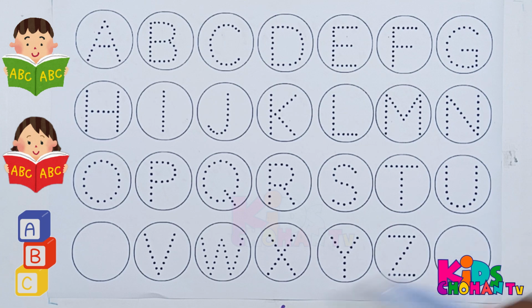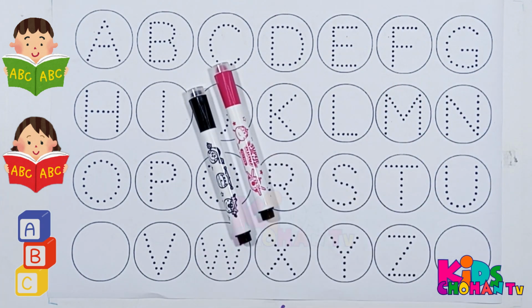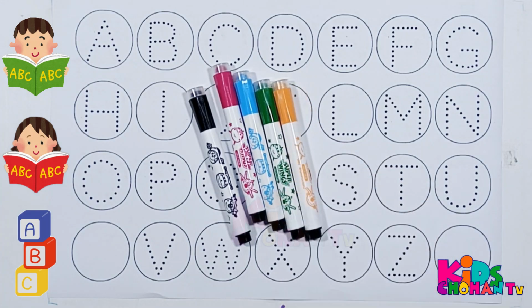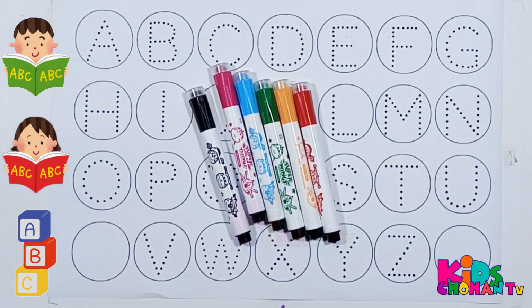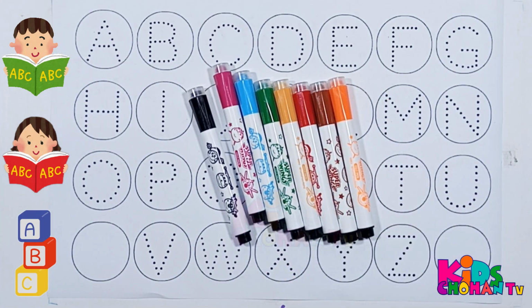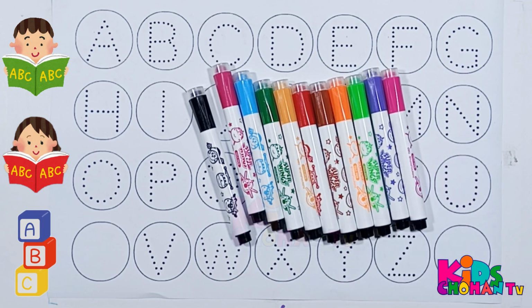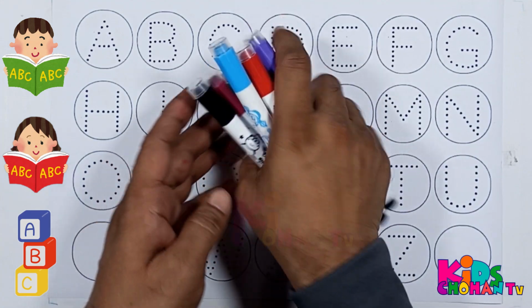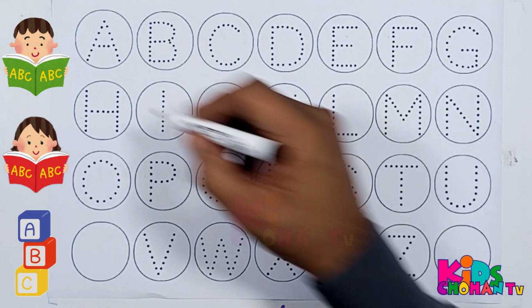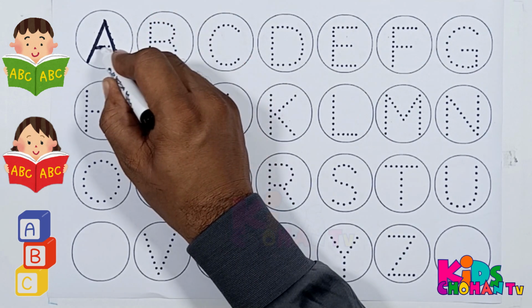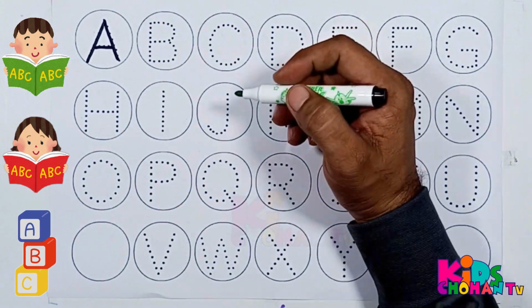A to Z. Black color, pink color, sky blue color, green color, yellow color, red color, brown color, orange color, green color, violet color, pink color and blue color. Black color, A. Green color,